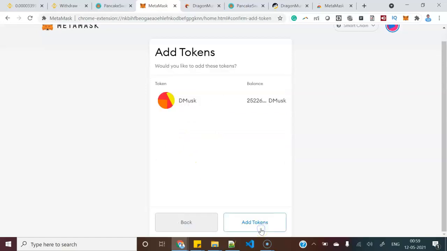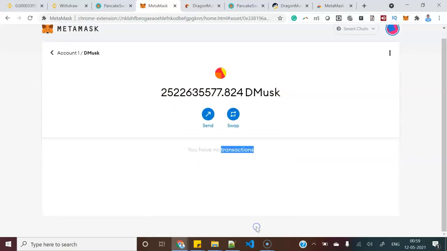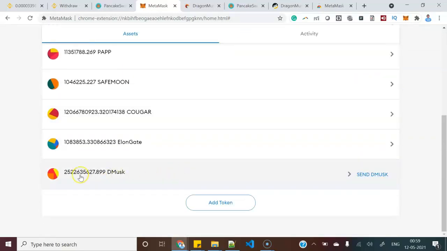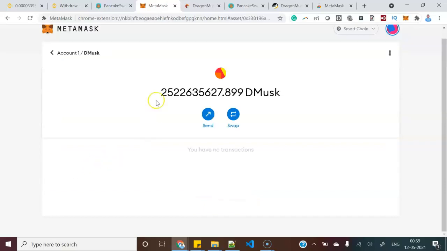Now hit the next button and then add tokens. Let me show you whether that token has been added or not. You can see almost 252 crore Dragon Marks tokens have been added in my MetaMask wallet.